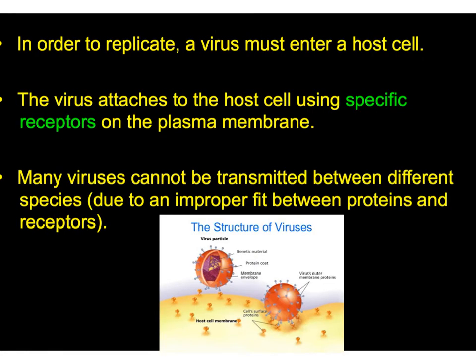Viruses attach to the host cell using specific receptors on the plasma membrane of that host cell. So we've got our host cell membrane, you've got these receptors that are there, and the virus has these special proteins that actually attach to those receptors. You can think of it kind of like a lock and a key. And so this virus is carrying around keys that allow it to unlock specific kind of host cells. Now that then means that viruses are usually specific to one kind of host, one species if you will, and they can't just move from species to species for the most part.